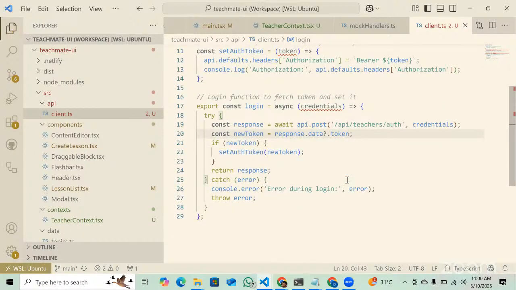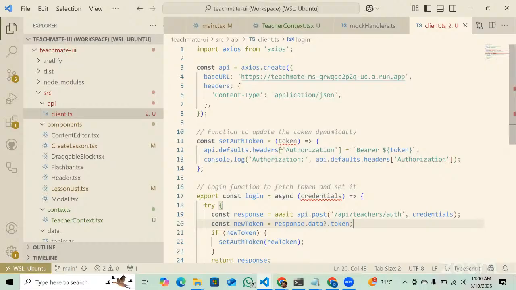Okay, so now what we will do is instead we will call this one for now directly from